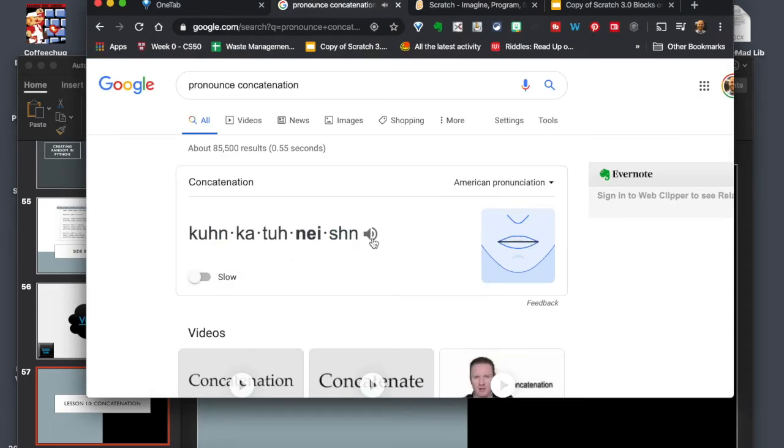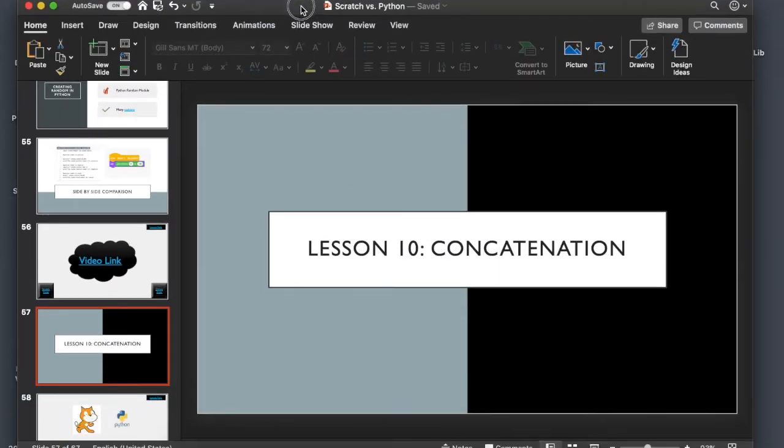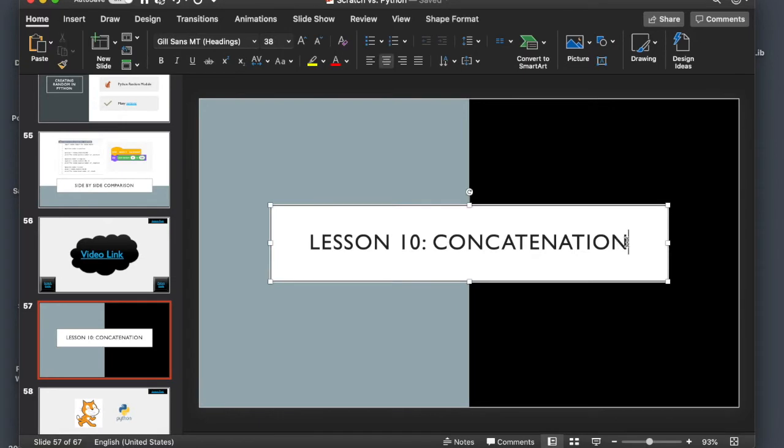Concatenation. Concatenation. All right. This word also means to